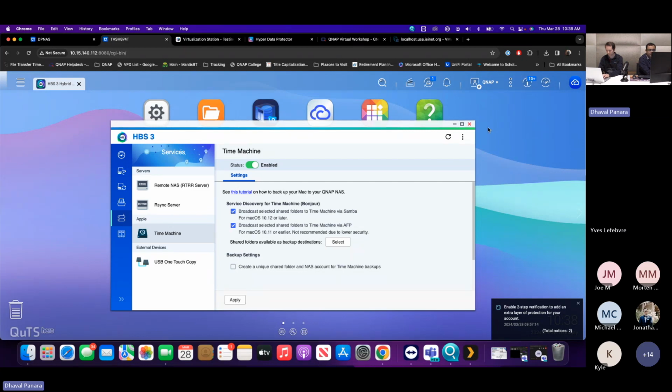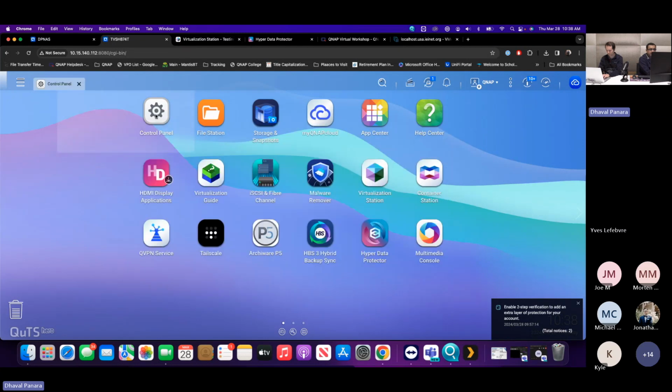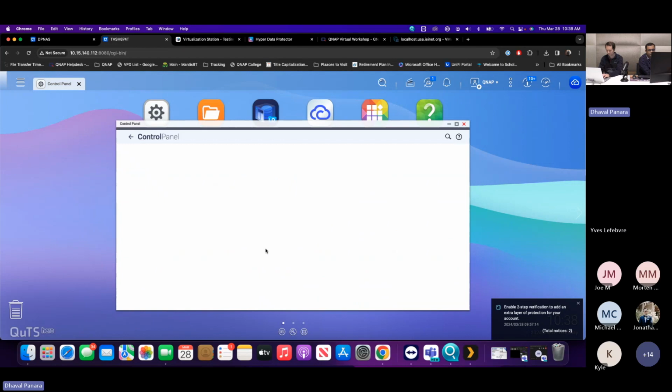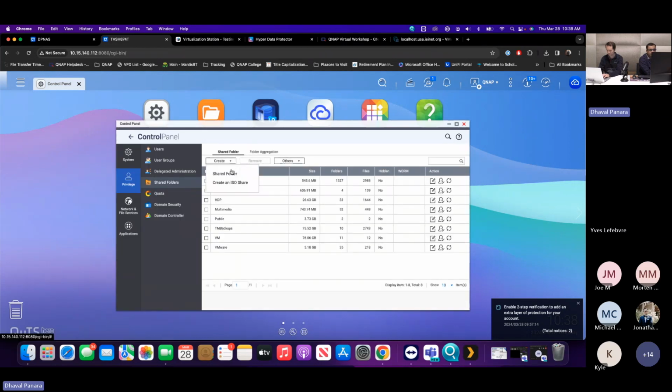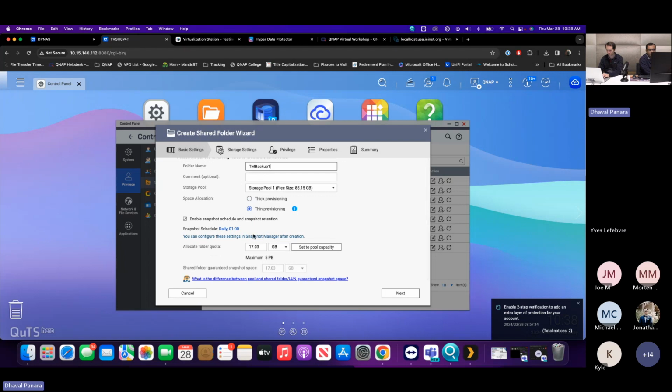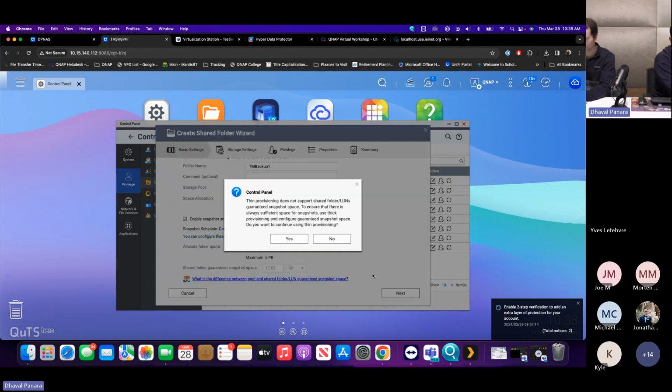So once you have done that, hit apply. Now, the next thing I recommend doing is creating a separate folder just for Time Machine backup. So when you go to shared folder, just click on create and say TM backups or whatever folder name you want. And then you can select how much data you want to have. If you want to have snapshot as well, you can set that up. Hit next, click,